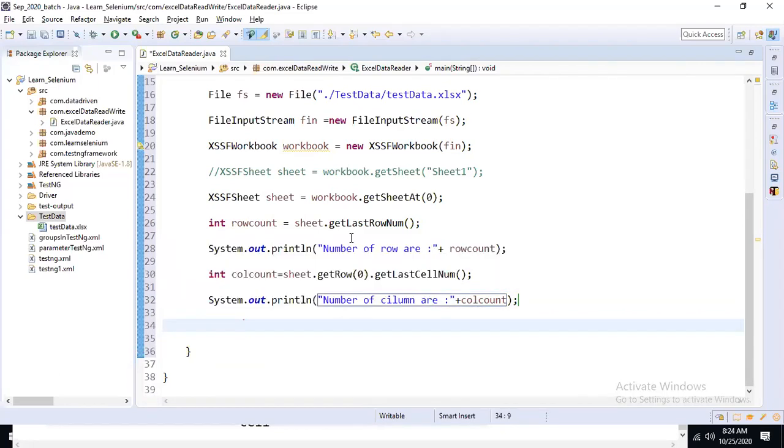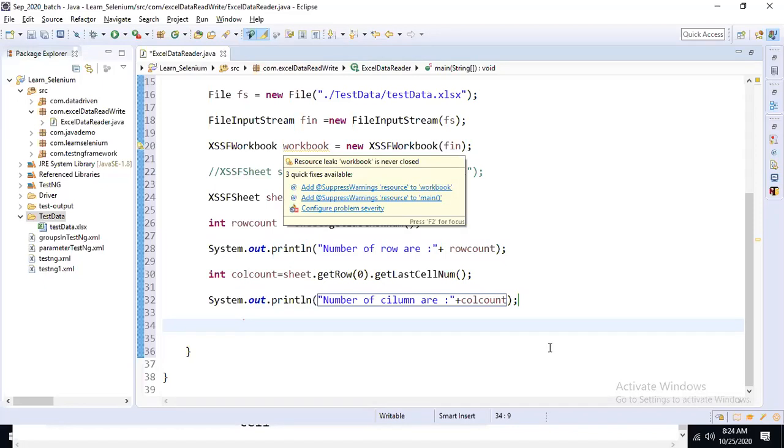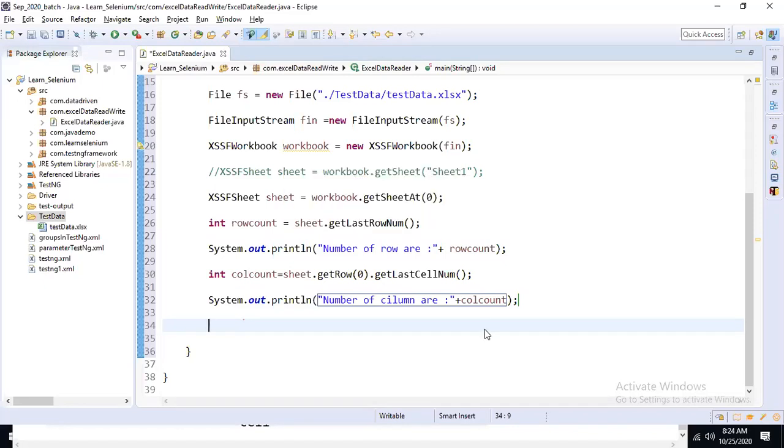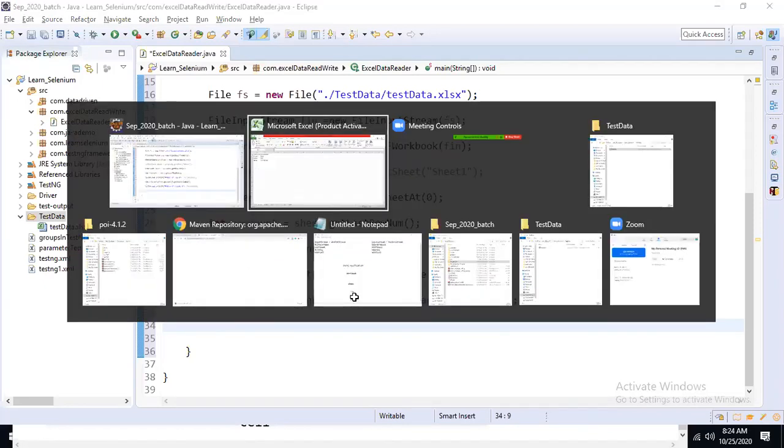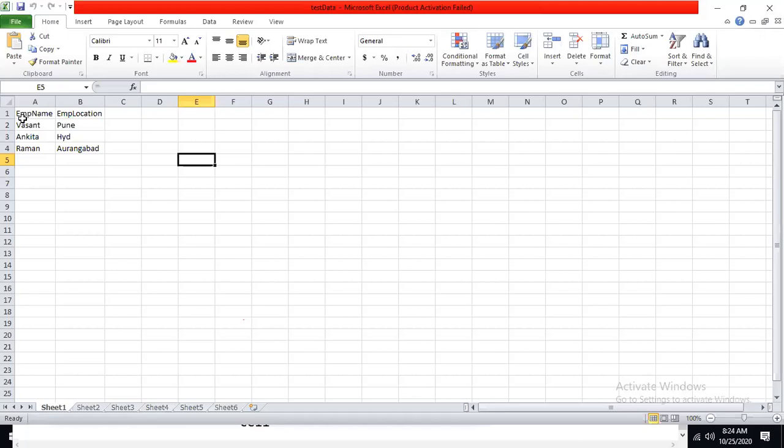Now I want to read the data, and all the data is what you see. This is my data. This is a 2D array kind of thing. This is my zeroth row, zeroth column. This is the zeroth cell in the zeroth row, and this is the first cell. Then this is the second row, this is the third row, and this is the fourth row. You know, this is a 2D array.